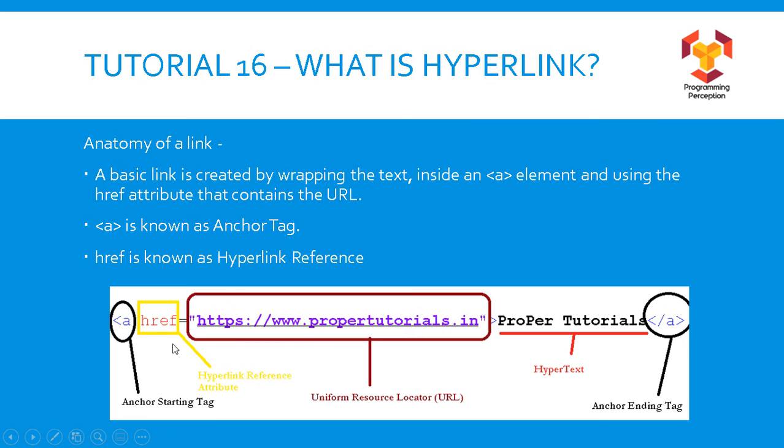Now clearly you can see over here, this is an anchor or a hyperlink. This particular text is going to be the hyperlink. This anchor tag starts from here and ends right here. Within the starting tag, an attribute is used known as href, and to this href attribute I have provided a URL. Just like this, you can provide any URL. When this page opens in a browser, we will be able to click on this Proper Tutorials text to move to this URL. So now it's time to see the same thing practically.